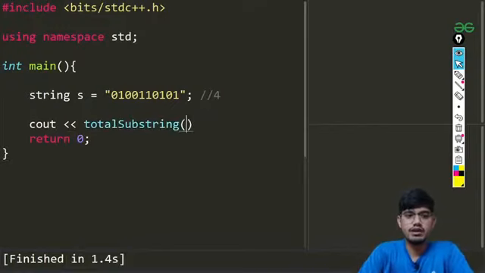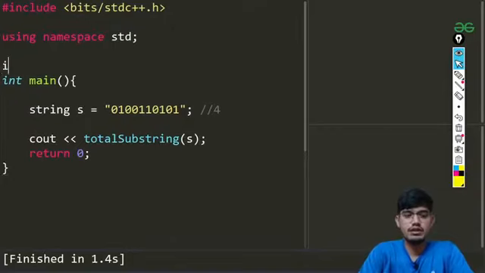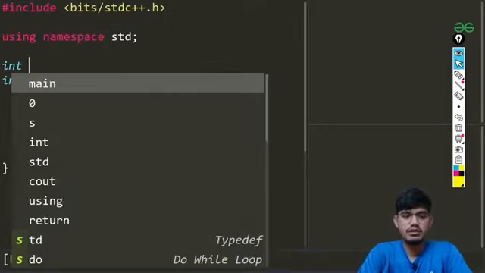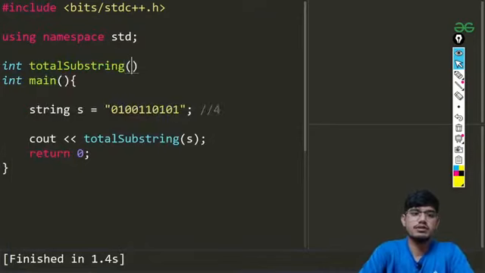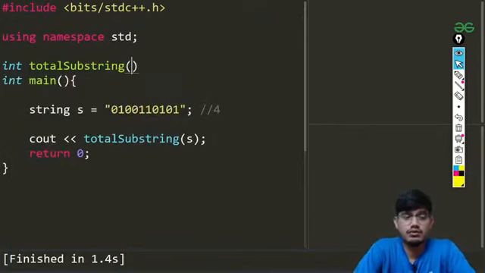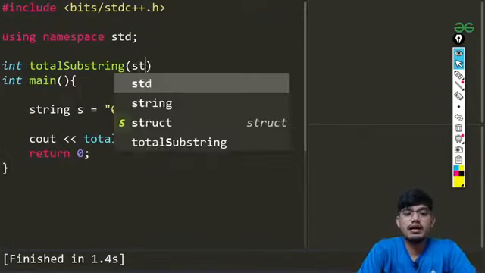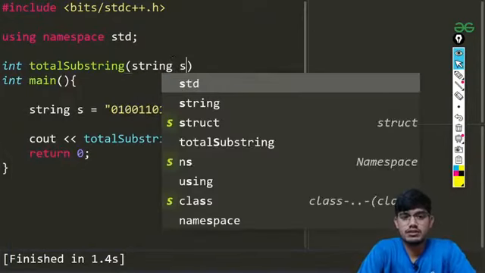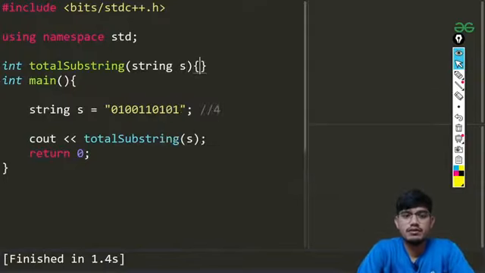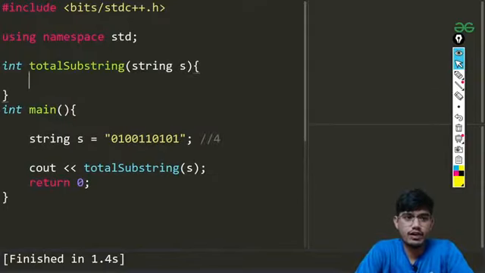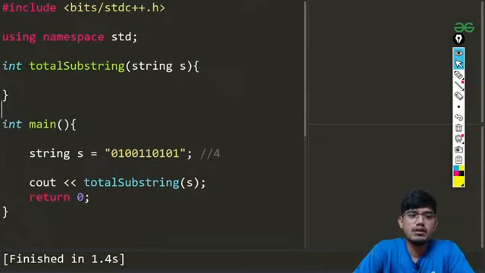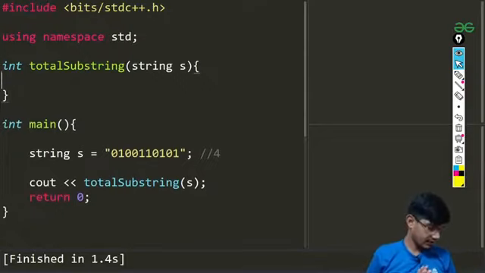Okay, and in this function I'll be just passing this s, and let us make this function as int, as it will be just giving the output, the number, basically the count for the substrings that are possible, and in this I'll be just taking the string s. Okay, now once I have done that, what my approach is something like,